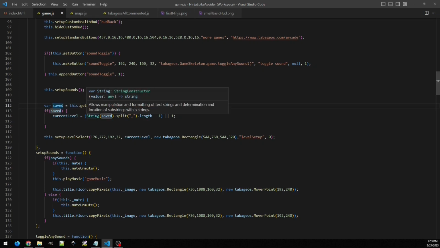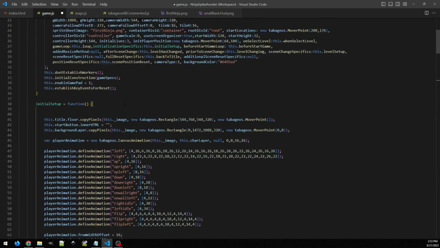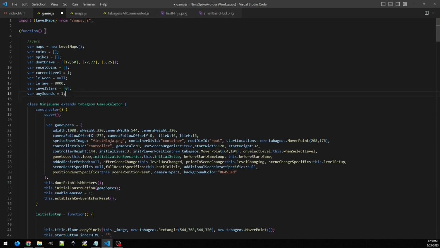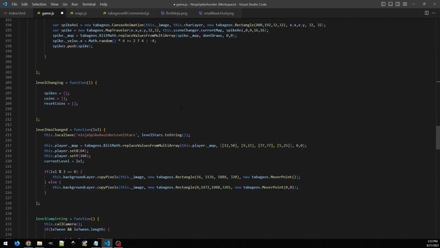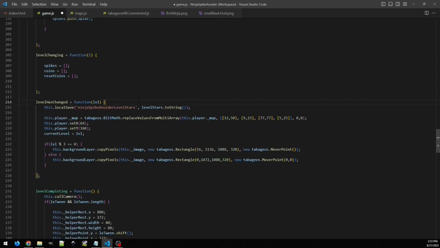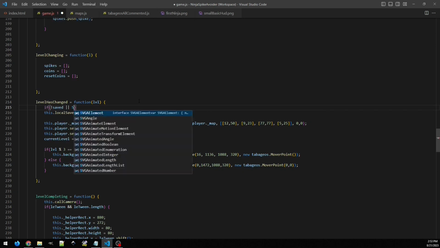One last thing we'll do here is make saved into a variable up here, because here in level has changed, we'll say if not saved or